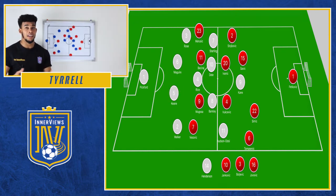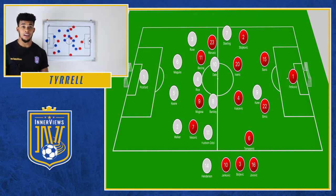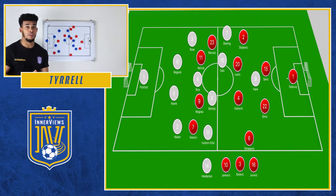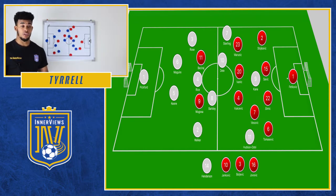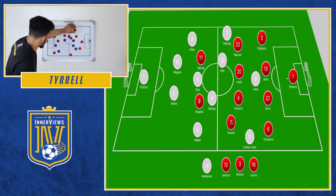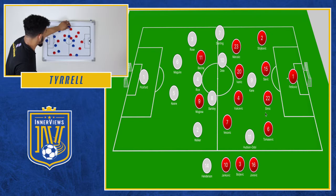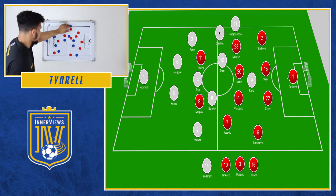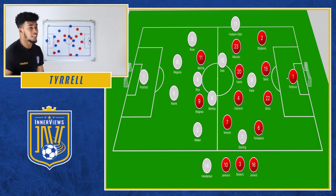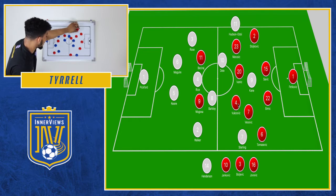But when we get to England now, they did get the equalizing goal from a free kick that Keane did not pass the keeper from point-blank range over Savage. So what we see changing after that was Gareth Southgate swapped his winger. So he pushed Raheem Sterling to the right side, and he pushed Callum Hudson-Odoi to the left-hand side. And from there, we see Hudson-Odoi offering more of a natural threat down that left-hand side. Within seconds, you see Maguire stepping forward, sliding the ball wide to Hudson-Odoi beyond Maricic, is able to skip past